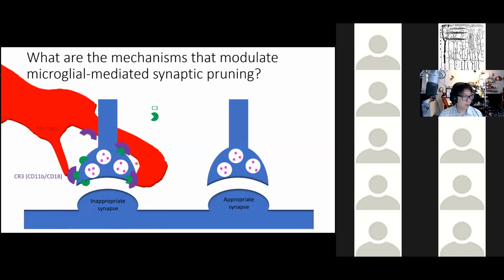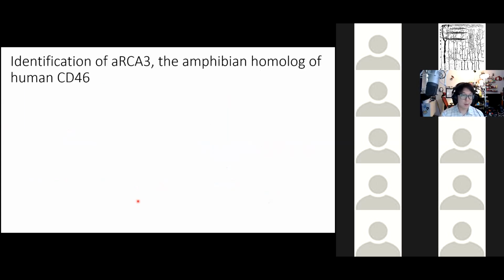For example, microglia are known to have receptors for C3, for example complement receptor 3, and the binding of complement receptor 3 to C3 induces phagocytosis. And it has been hypothesized that appropriate synapses that should not be removed by microglia express a complement inhibitory molecule to protect the synapse from C3 tagging. The identity and existence of such a molecule that is endogenous to neurons is unknown, but we decided to look